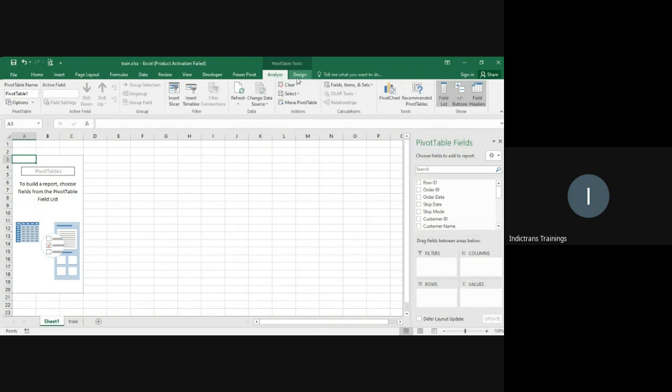Depending on the version of Excel that you're using, you may see it a little differently. It may say pivot table analyze and pivot table design, but essentially you will get two different tabs in the ribbon: analyze and design. Okay. And in analyze, you could